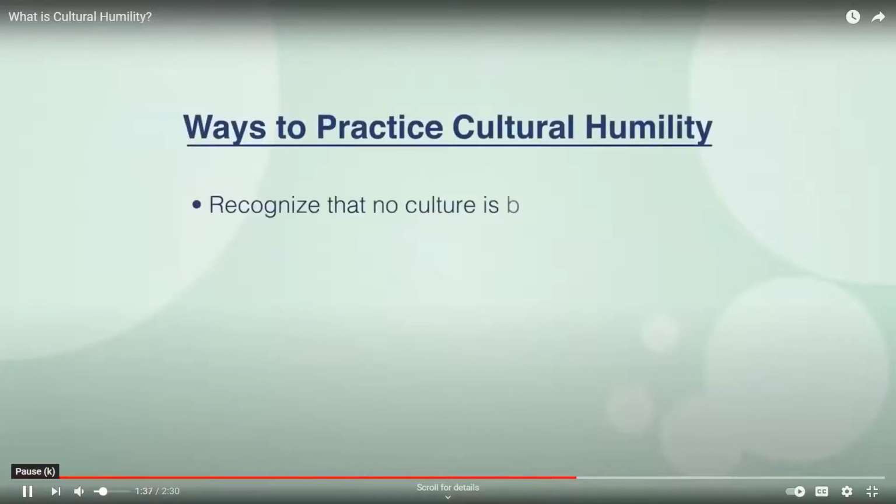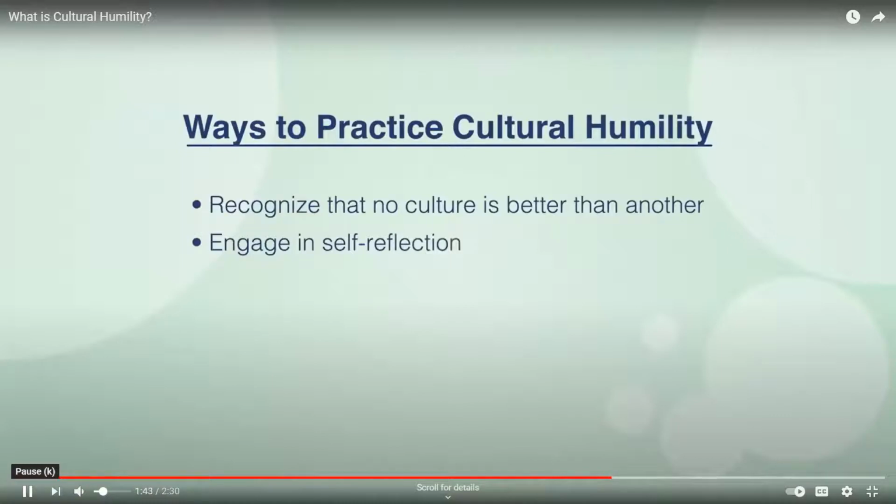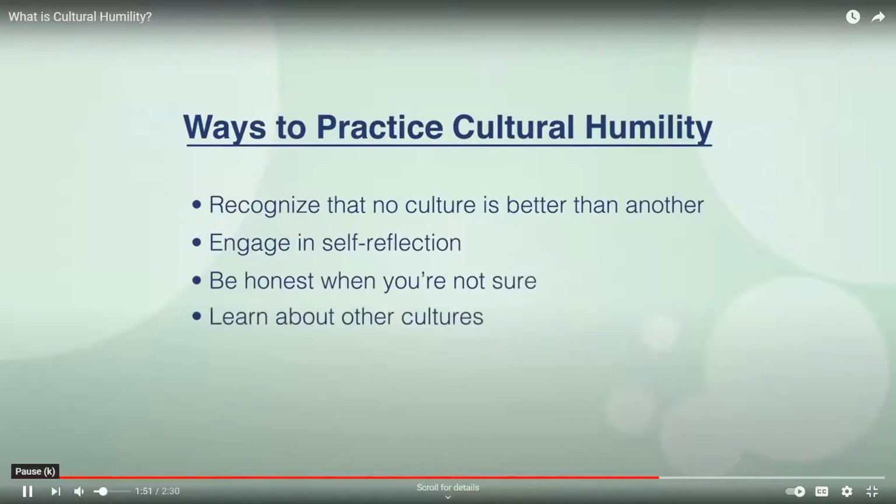Recognize that no culture is superior to another. Become comfortable with reflecting on and acknowledging mistakes you've made. Be honest when you're not sure about something. Learn about other cultures with the awareness that you'll never reach perfect understanding. Ask the people in your life if you can have open discussions and hold each other accountable during your learning